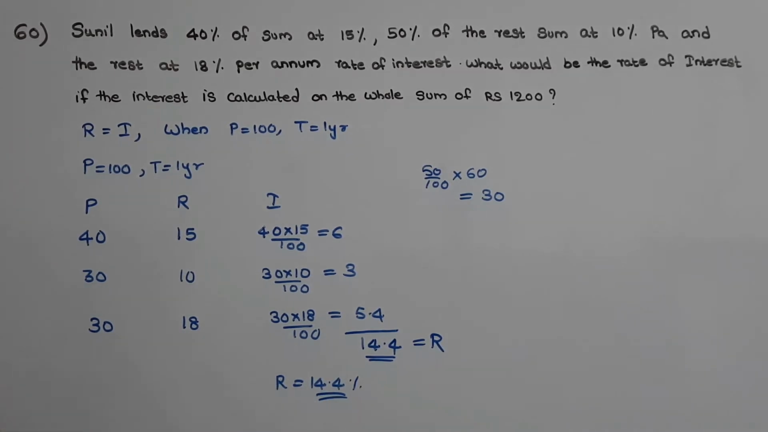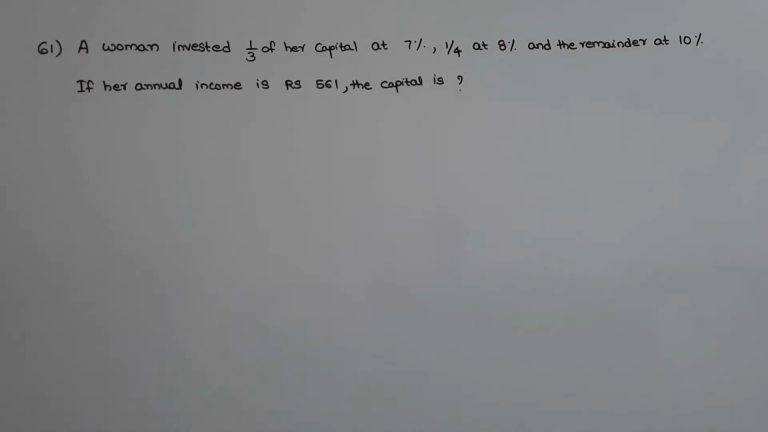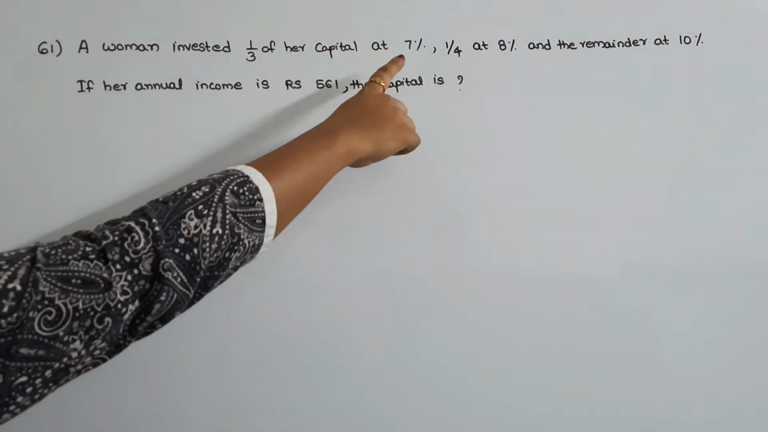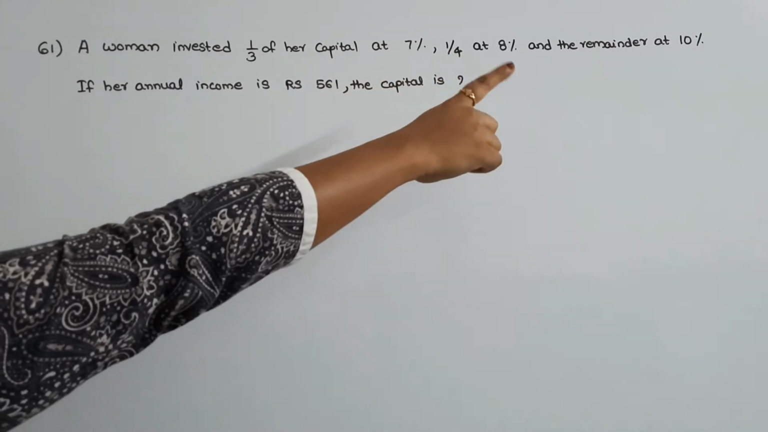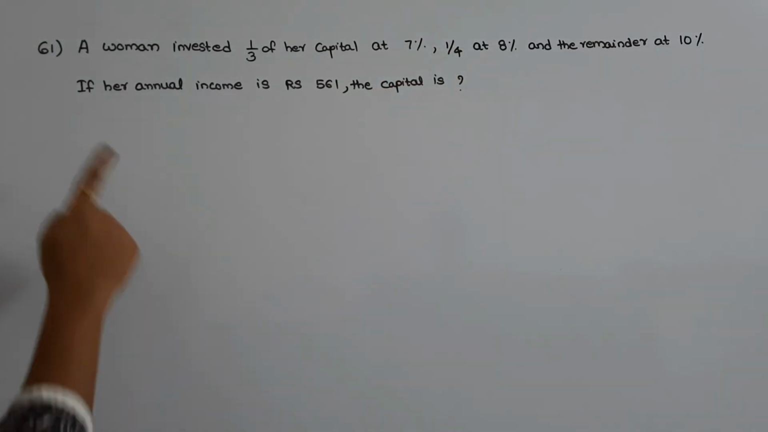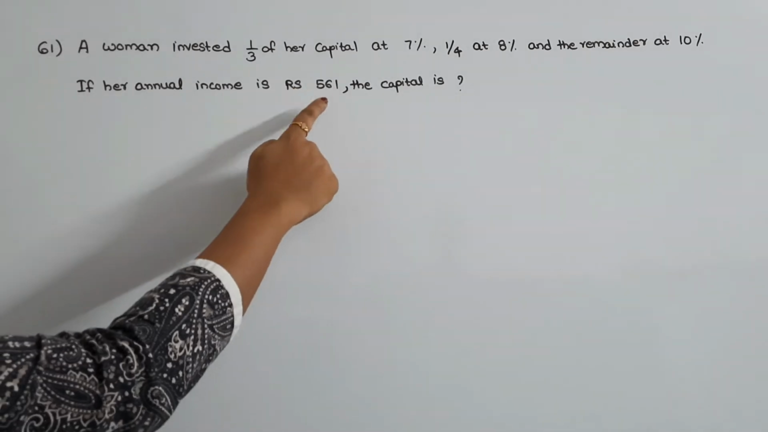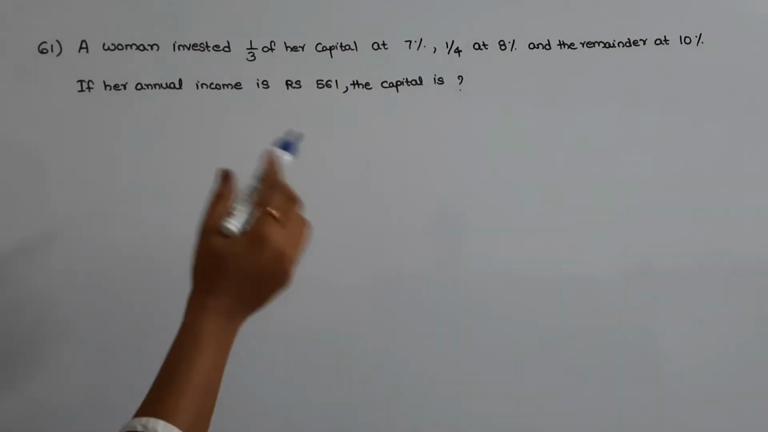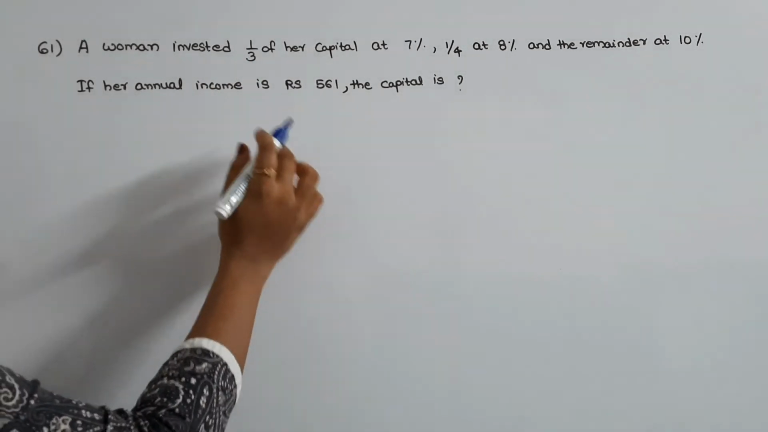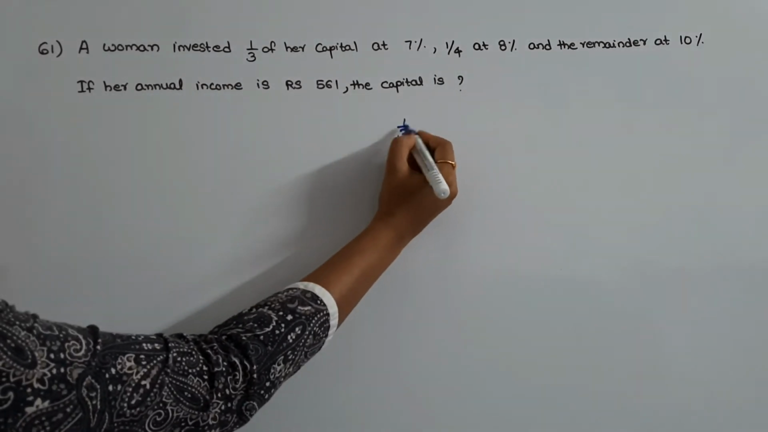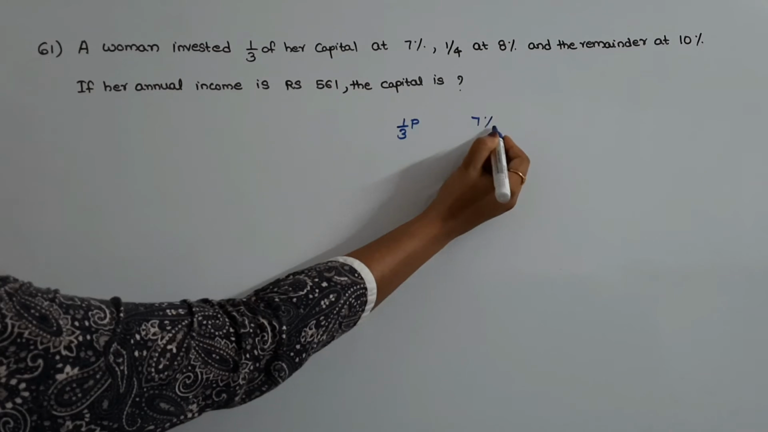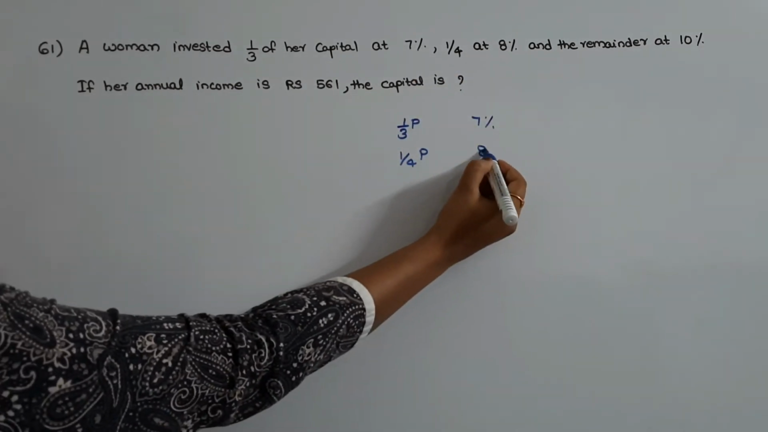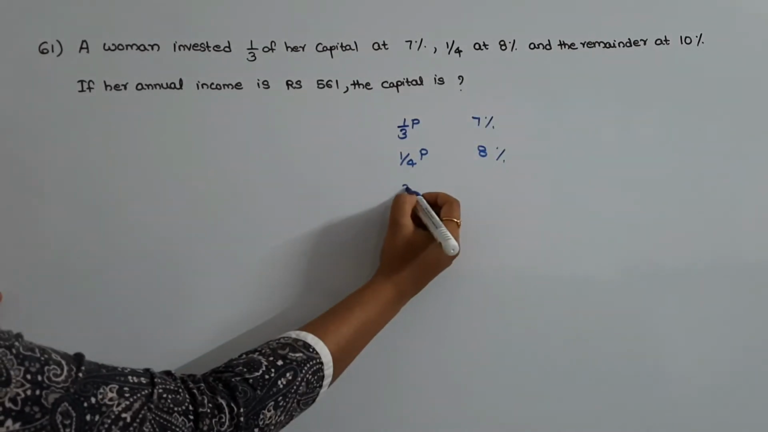This is the answer. The next question is, a woman invests 1 by 3 of her capital at 7%, 1 by 4 at 8%, and the remainder at 10%. If her annual income is rupees 561, the capital is. So in this question they are telling that a woman invests 1 by 3 of her principal at 7%, 1 by 4 of her principal at 8%, and the remaining at